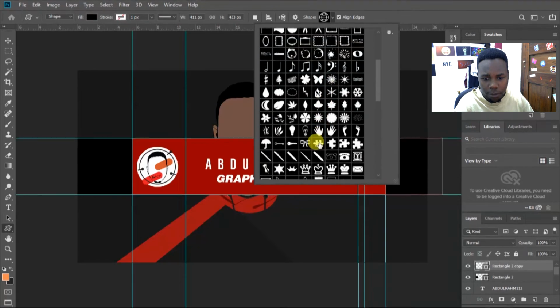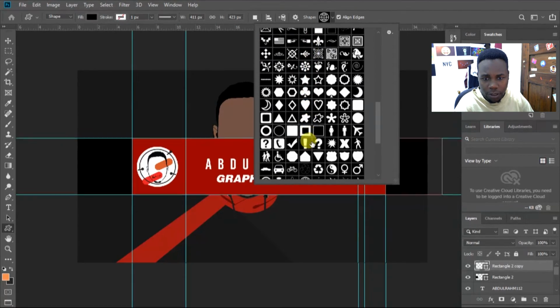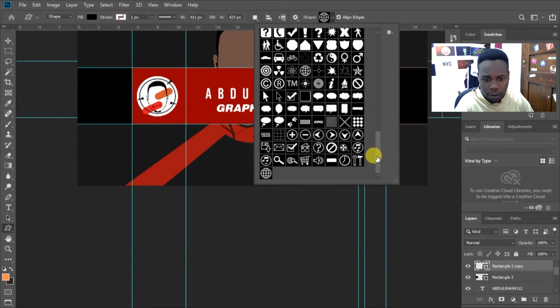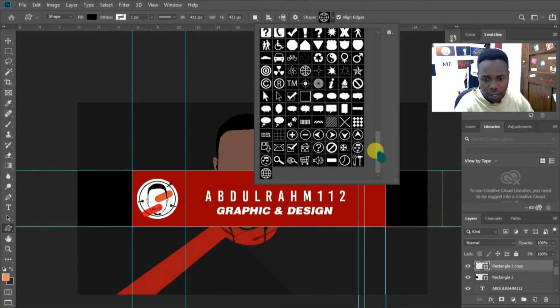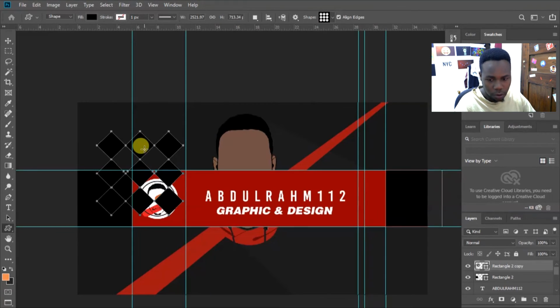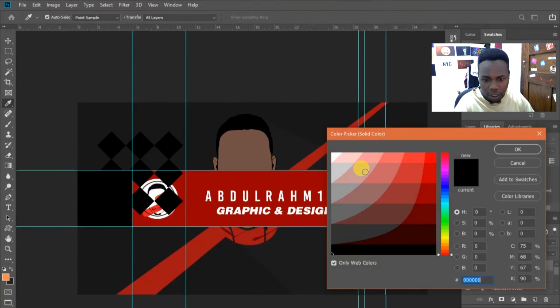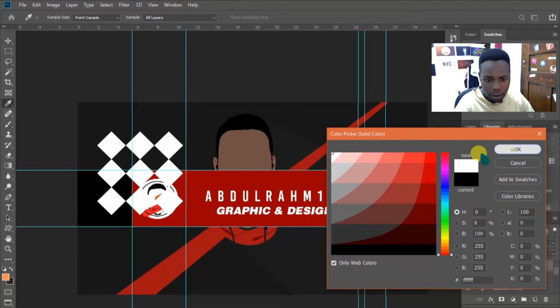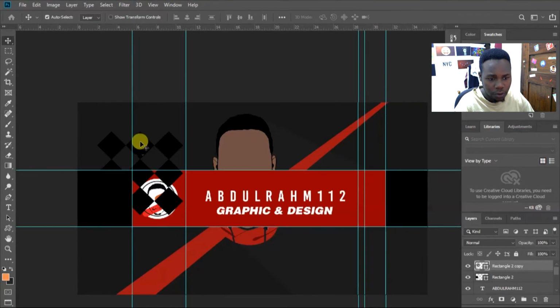Let me find a pattern. If I can get a pattern from here, we can just use it. Okay, this one here, it's so nice. This looks good. So let me change it. Some color here, keep it white, or we can keep it even black if you like, whatever the color which